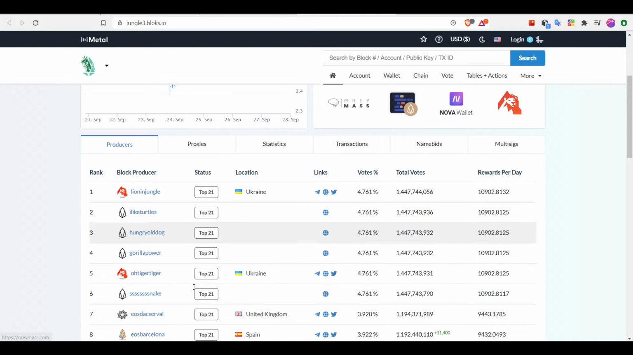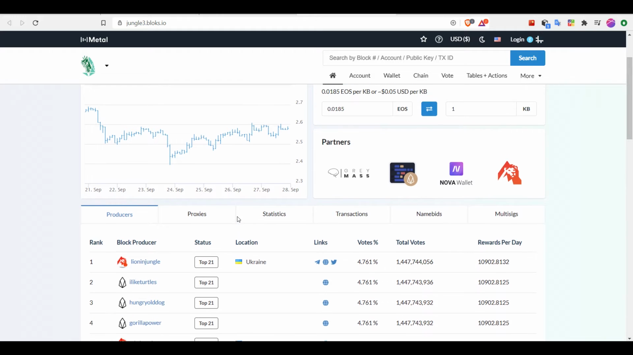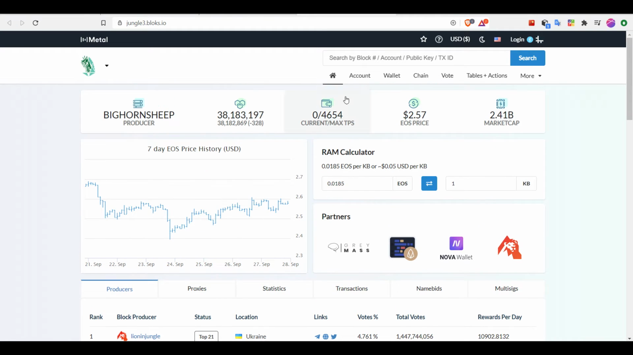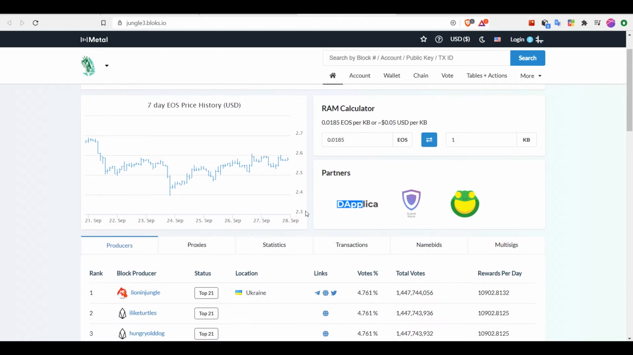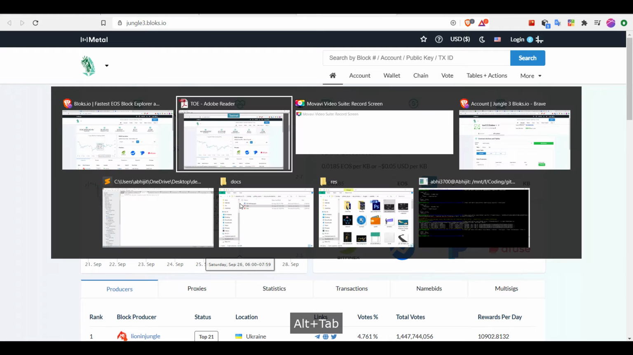So these are the number of block producers who are constantly validating the blocks, and you can find the max transactions per second speed reached so far is 4600. So in this testnet, we will be creating multiple accounts. I already have some. So I'm going to show you the next part, which is